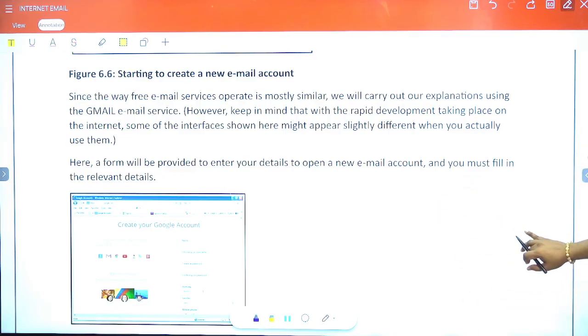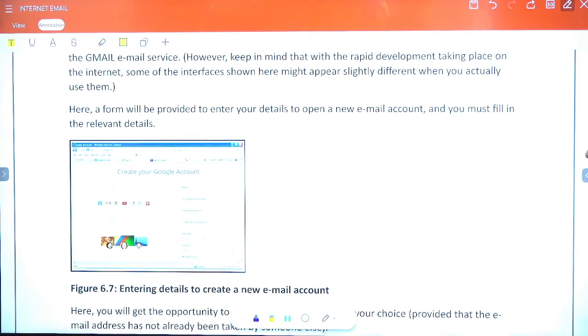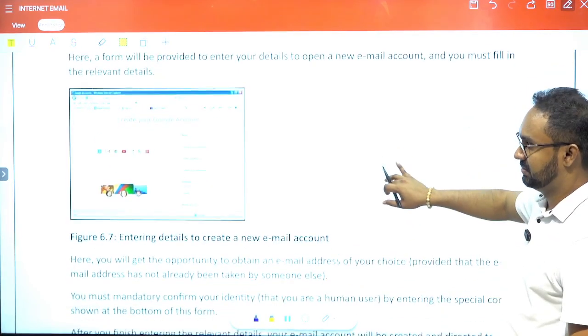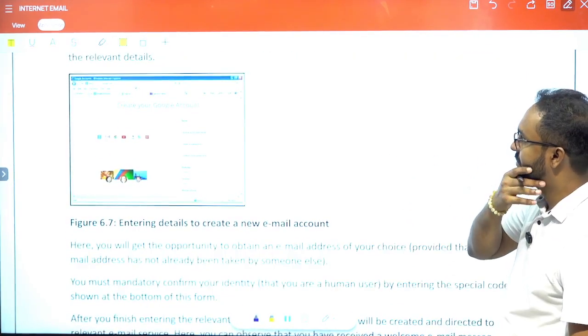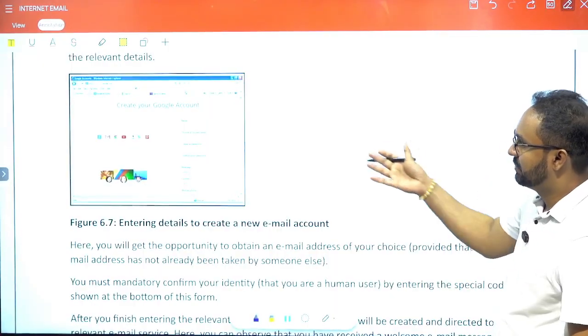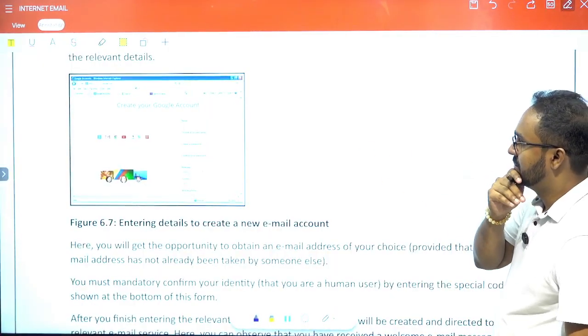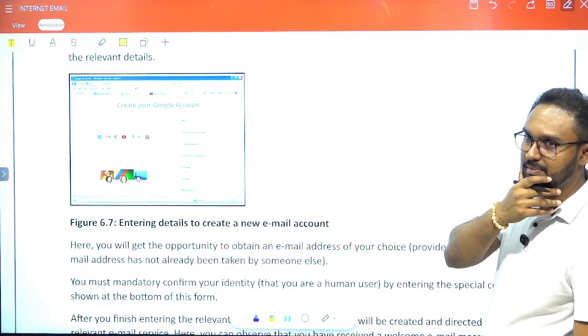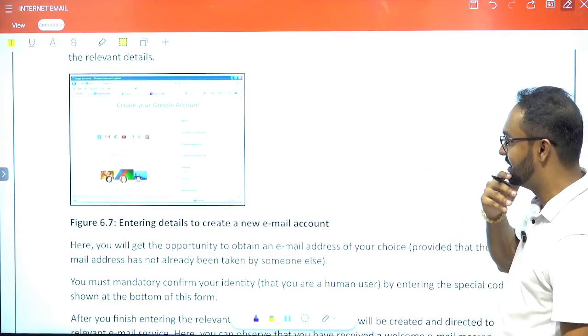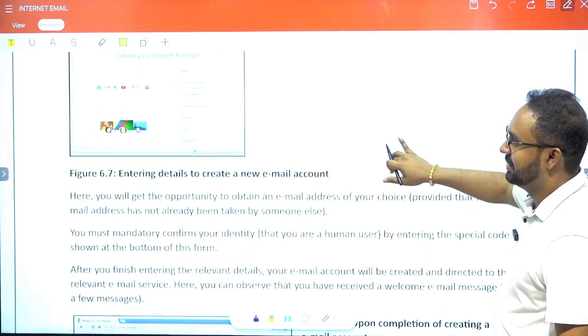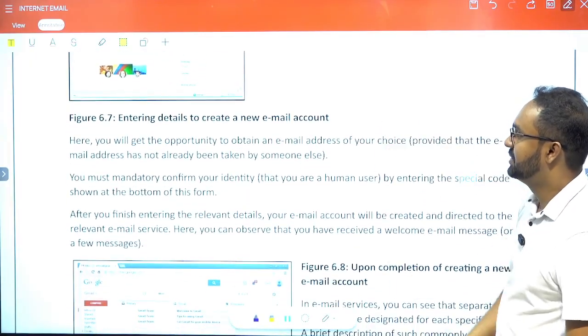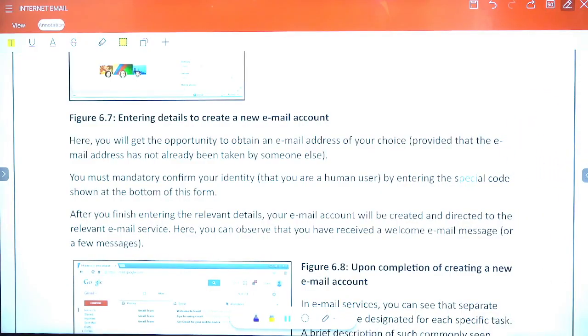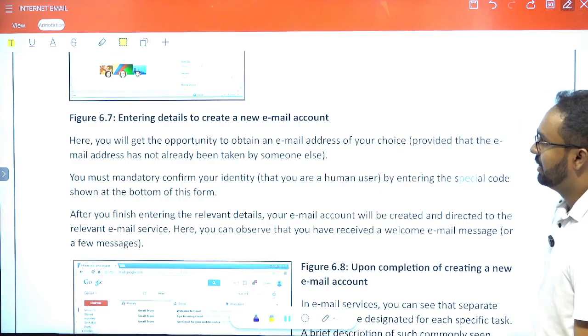It's really old. Here, a form will be provided to enter your details to open a new email account, and you must fill in the relevant details. So when you go to make a new Google account, this is how you see things. Now it should be different than this because this is even Internet Explorer, the web browser. Really old image. Okay, so here you will get the opportunity to obtain an email address of your choice, and